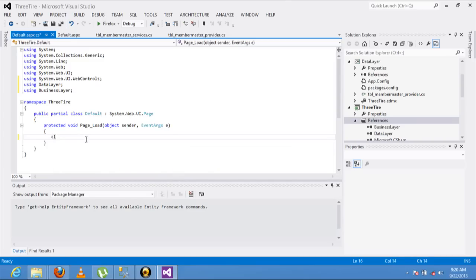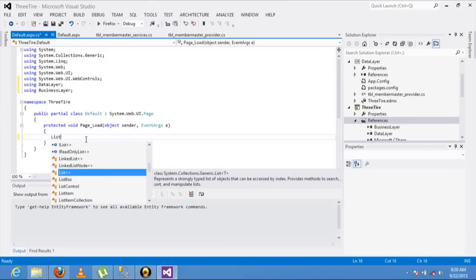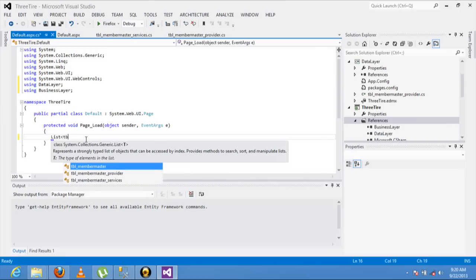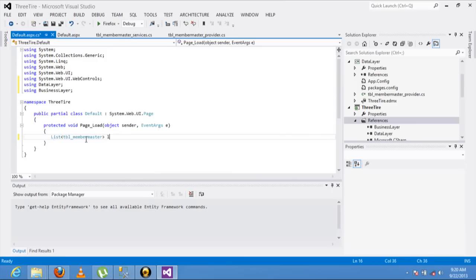Now create a list, tbl_member_master list is equal to, sorry, not new, you have to call the business layer and the business layer will call the data layer. So I am writing the business layer's tbl_services class dot get all users, and simply bind.